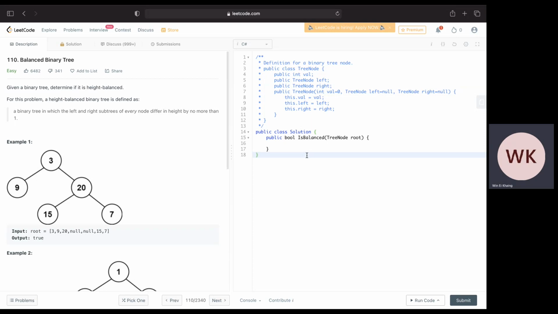Balanced binary tree. We are given a binary tree and need to determine if it is height balanced or not. Height balanced means the difference should be one at maximum. If the difference is more than one, we cannot say it is height balanced. It is a binary tree in which the left and right subtrees of every node